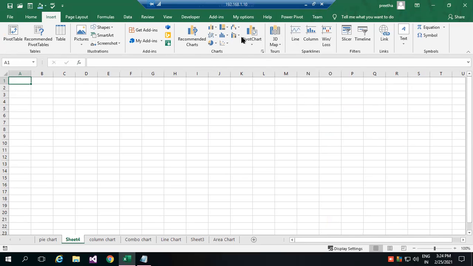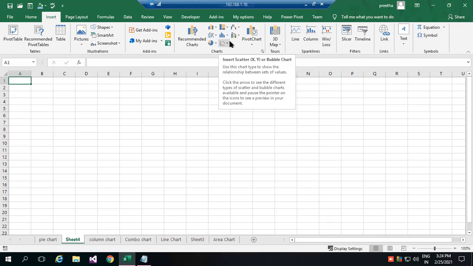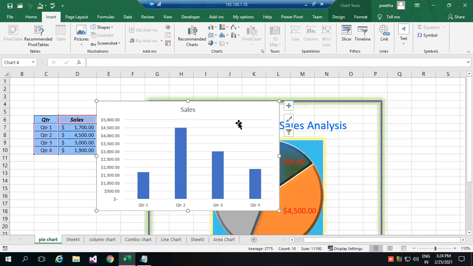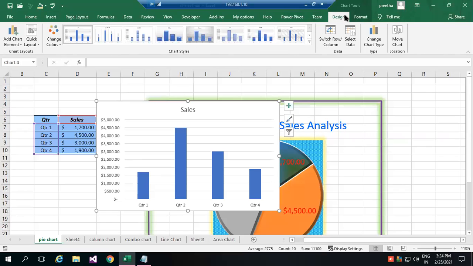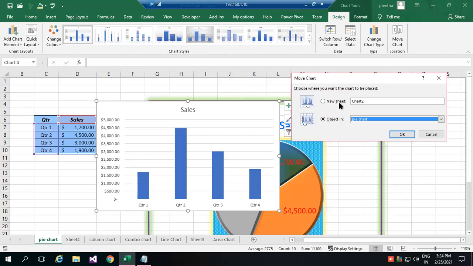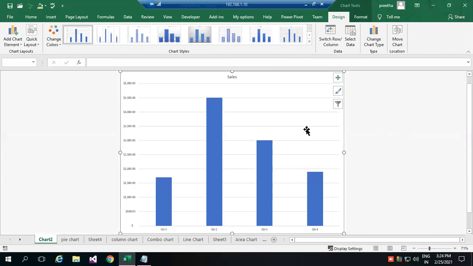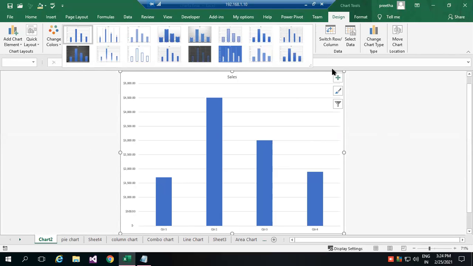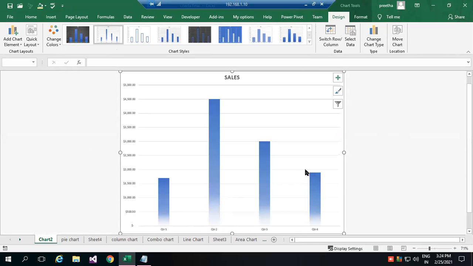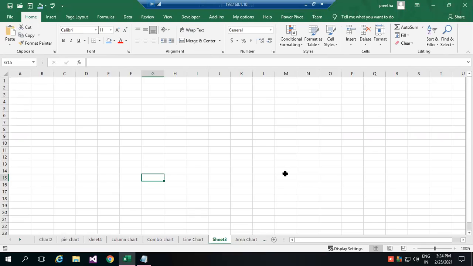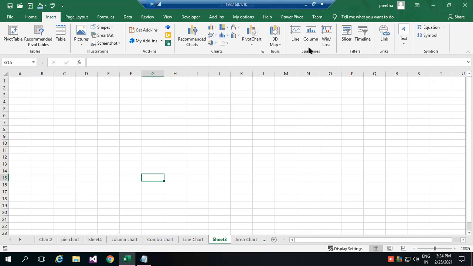But a normal graph or chart is added like an image. I said after creating the chart, you can move it to a chart sheet. Separate sheets you can add, and you can do only formatting, and the sheet contains only the chart. So that you can use. Okay, so here in this case, this is not an image kind of thing,